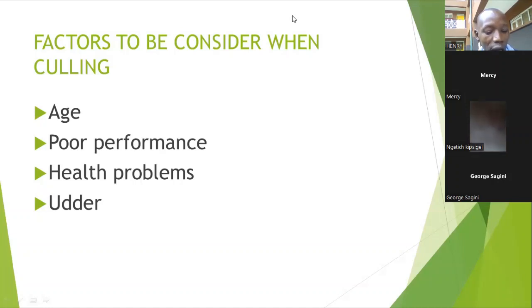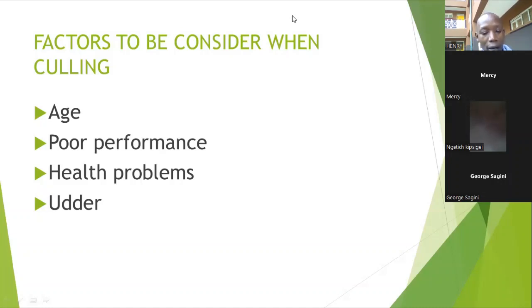Another one, you can consider achieving a sustainable population. When there is an excess population of the animals, you need to cull it in order to save them from starvation. Another one is disease reduction, in terms of the health problems that George has talked about. They can transmit the diseases to human beings, so you need to cull the sick ones. Finally, those who are sick should be eliminated so that you can remain with the productive ones.